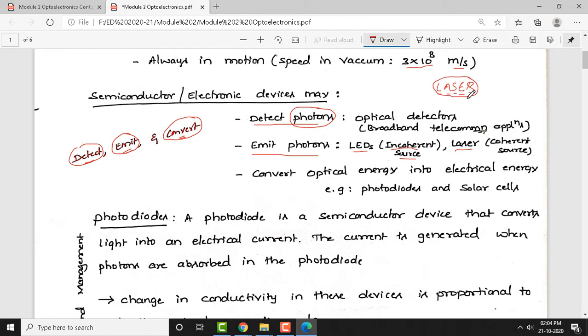If you observe a laser beam, it is basically unidirectional. I can say it is highly directional. Laser beam is highly directional,